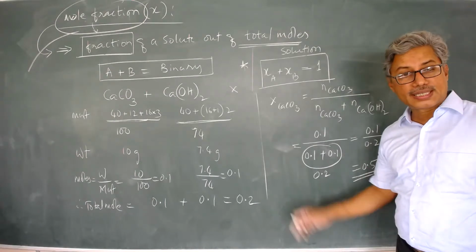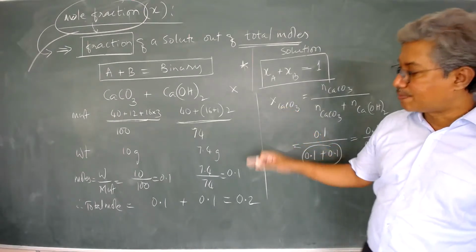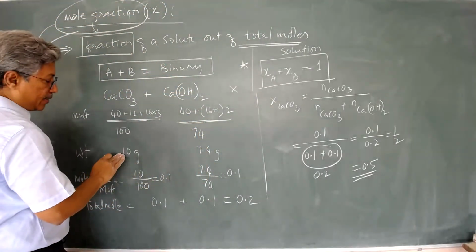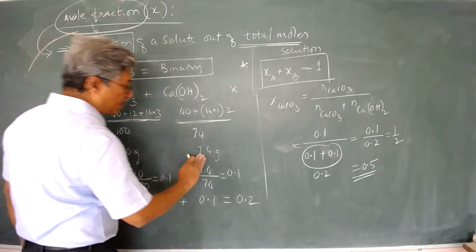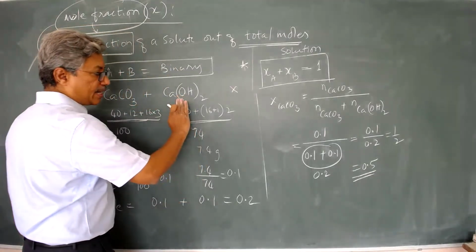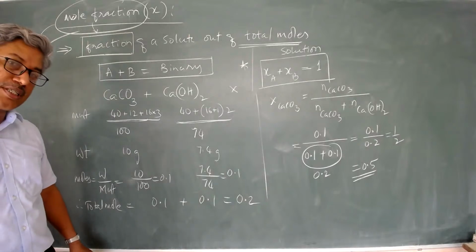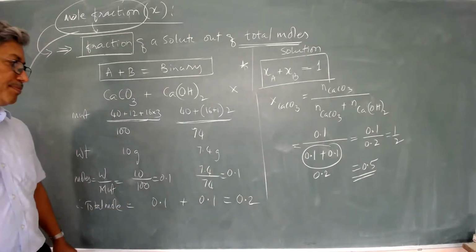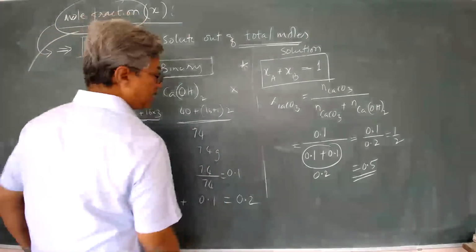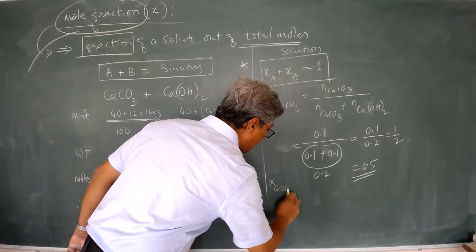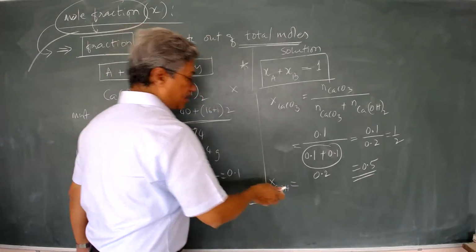So, the mole fraction of calcium carbonate in this mixture. There is a mixture of calcium carbonate and calcium hydroxide, where 10 gram of calcium carbonate is taken and 7.4 gram of calcium hydroxide is taken. That means the mole fraction of calcium carbonate is how much? 0.5. Now, we can calculate the mole fraction of calcium hydroxide as, see students,